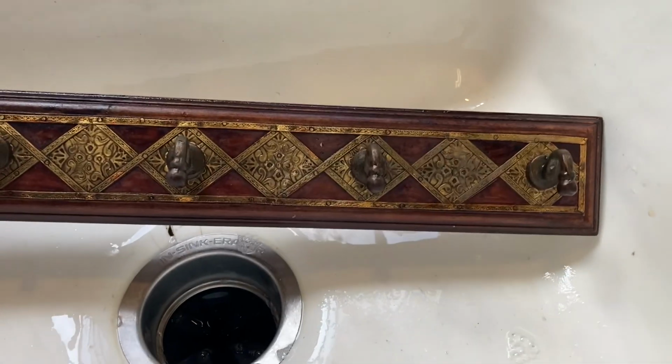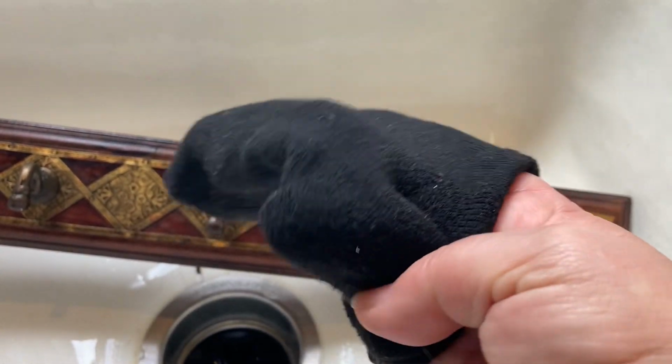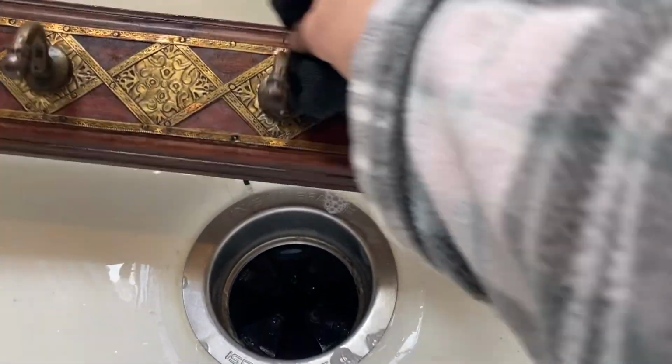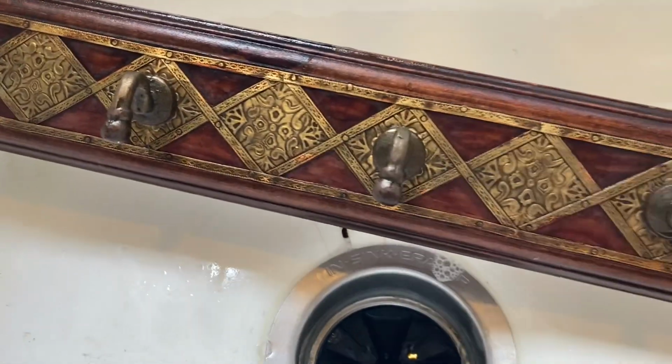All right, so I did that preliminary wash with the thieves, and I mismatched socks, old raggedy shirts. I save them all for rags. Sometimes I'll clean them again. Sometimes I'll toss them if they're icky. So I'm just gonna go and basically dry this with this so that I can apply